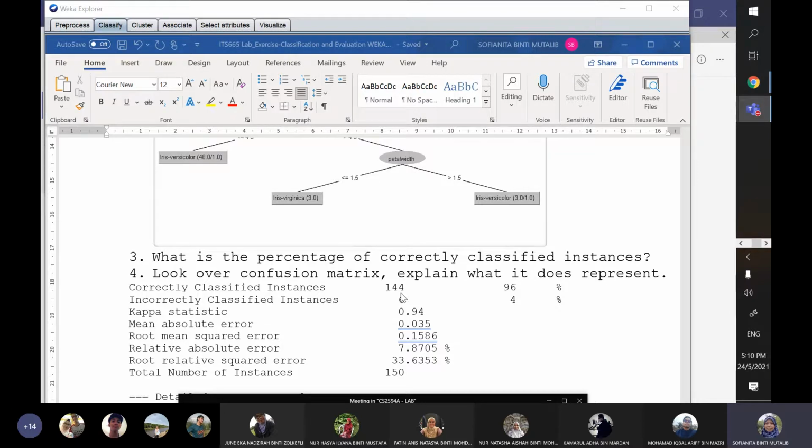Okay, how about overfit? Overfit is referring to what kind of model? Too rigid. Yeah. Okay, good. So the model is very good in learning from training.